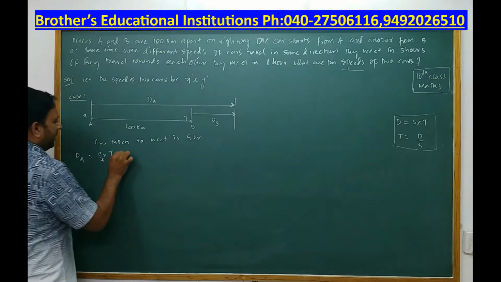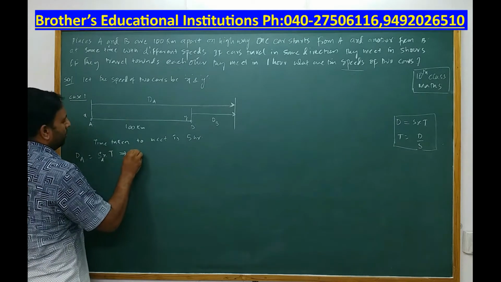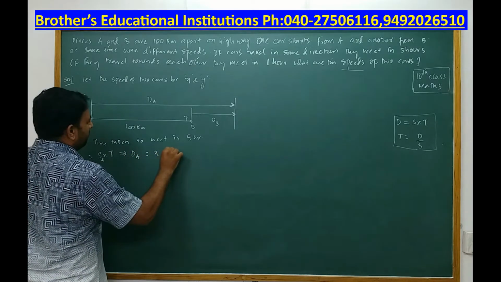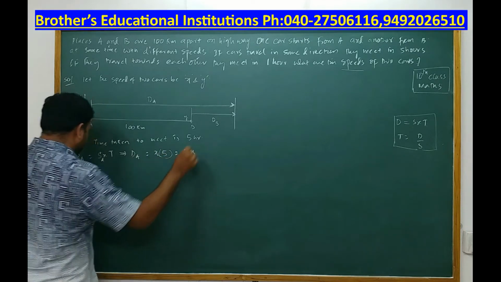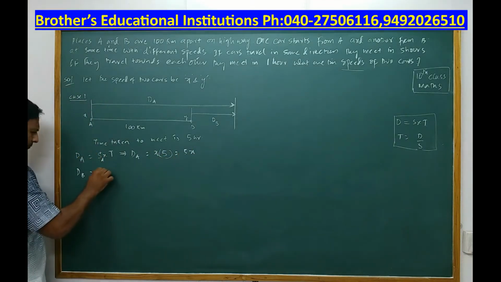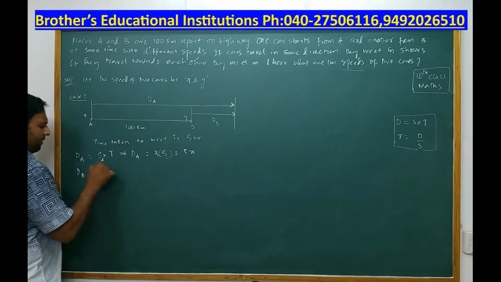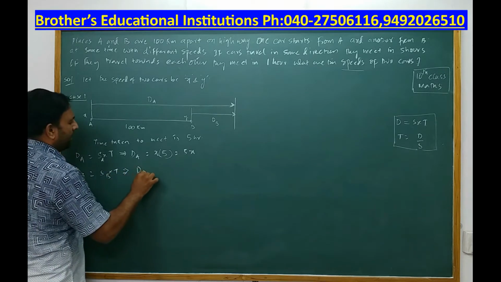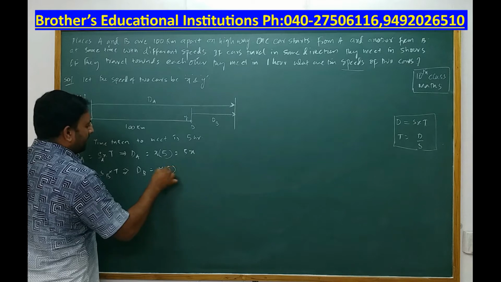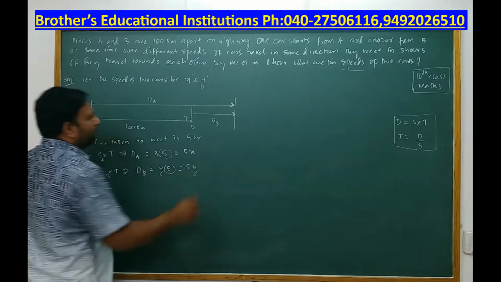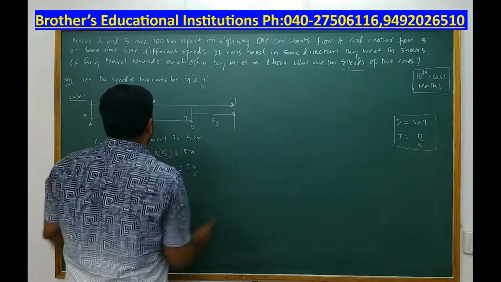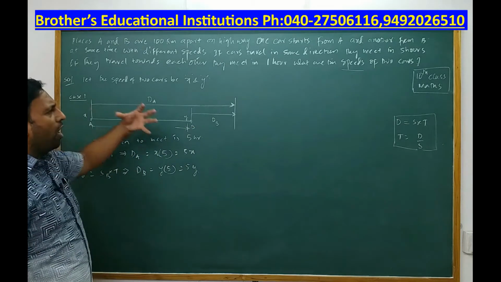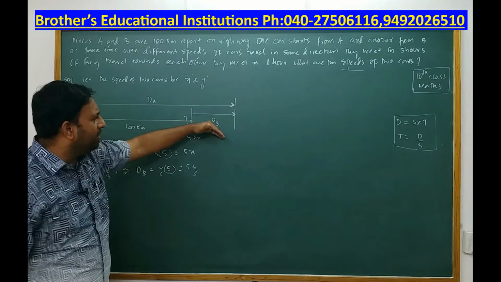So distance is equal to speed into time, which implies distance A is equal to what is the speed? x. And what is the time? Time is nothing but 5 hours. So distance A is equal to what? 5x. Similarly, distance B is equal to the speed of the car starting at B into time. Time taken is 5 hours. So distance B is equal to speed y, time the same, 5y. Now this is distance A and this is distance B. Alright. What is the distance between A and B? 100. Now can you draw a relationship between dA, dB and 100?